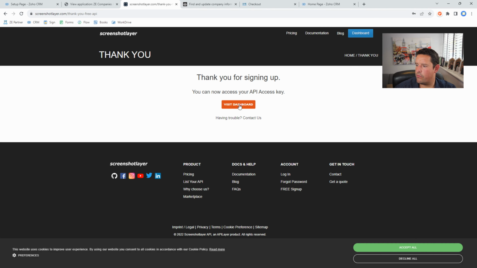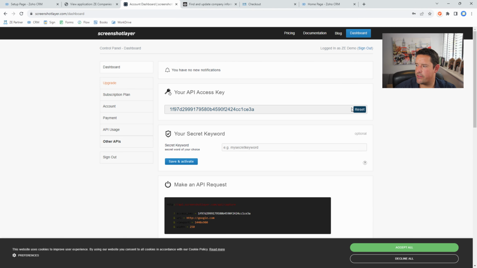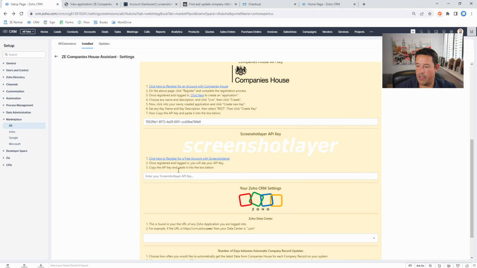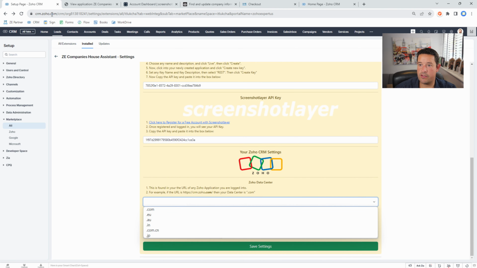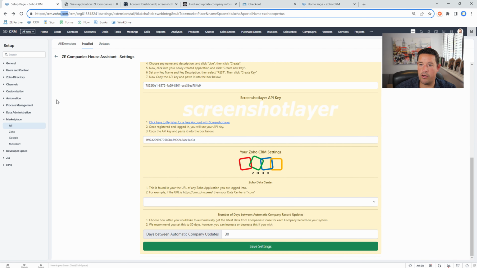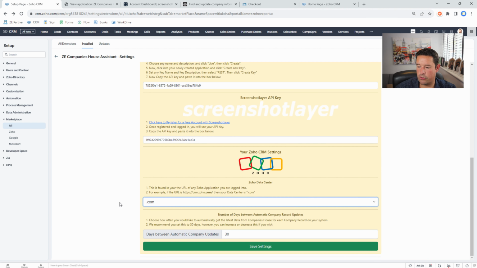Great. So let's visit our dashboard. And here's our API key. So again, we're just going to copy that. And we're going to go back here and paste it there. Now it wants to know our domain. So you can see here, our domain in the URL bar is .com. So we'll select .com. And here we can choose the number of days we want to set between automatic company